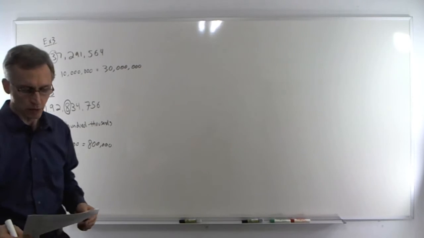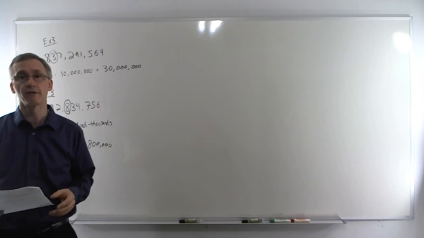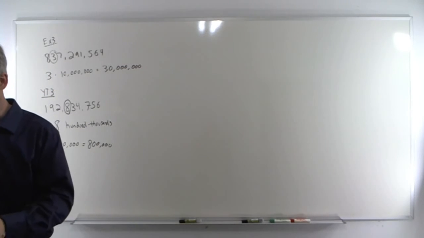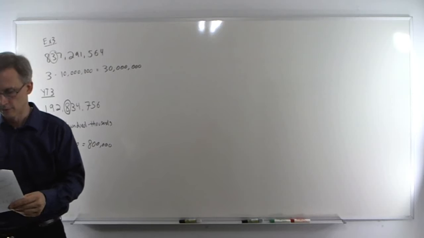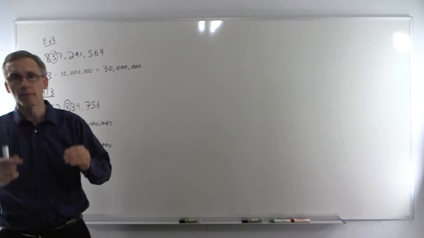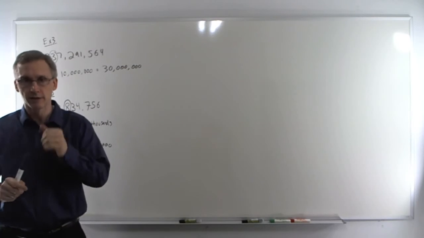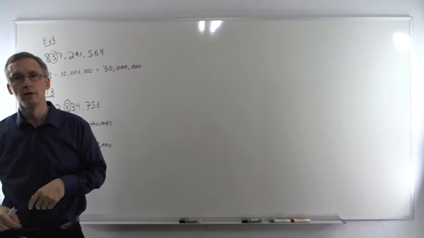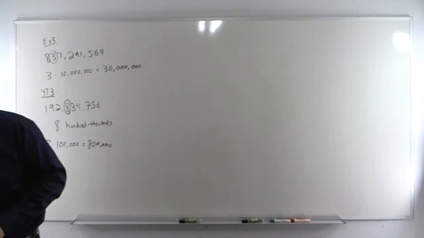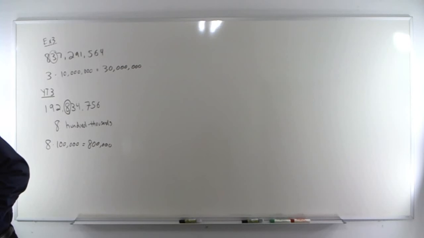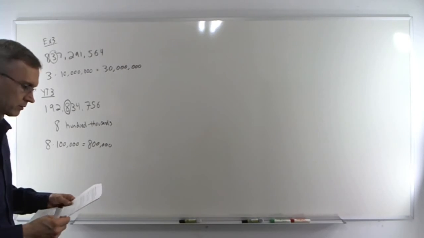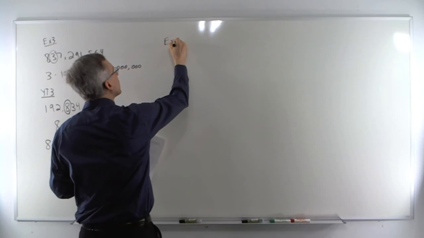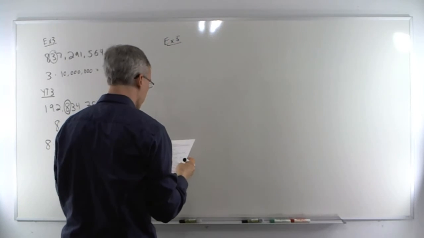All right, now we're up to a really important section, writing the word name for a number. We'll see why this is important later on. If we want to convert a number to a word name, we're going to break that number up into its comma-separated parts, convert that number, and then attach the value on it at the end. We'll see how that works. So this is example 5, and the number is